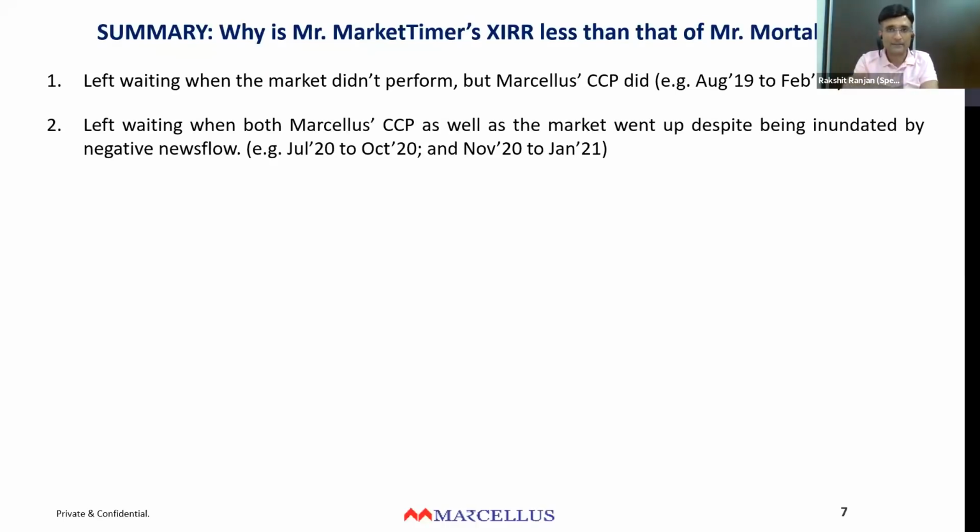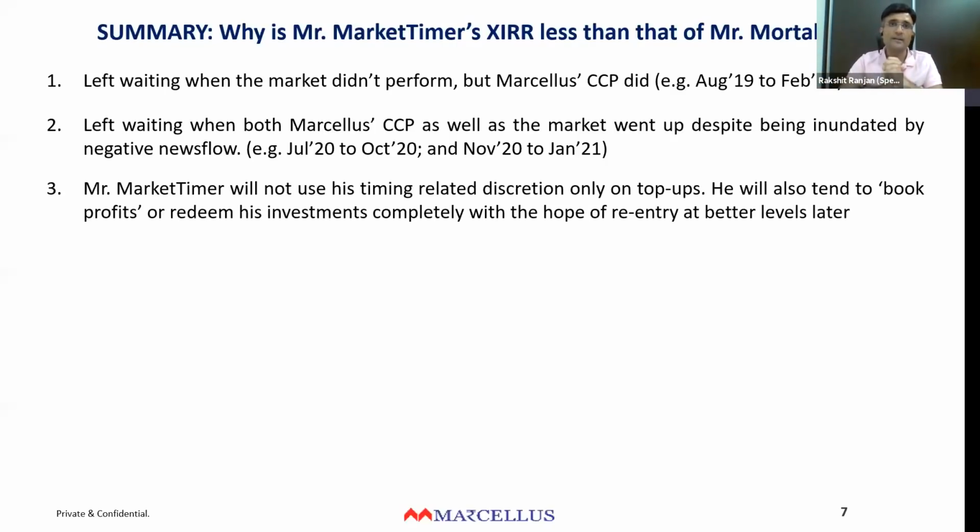Second, something that is happening now, right? Left waiting when both market and CCP go up. And even though a market crash eventually happened, it didn't totally compensate for the rally that preceded during the left waiting period, right? The third point is using your discretion to actually book profits and not time only the top-ups